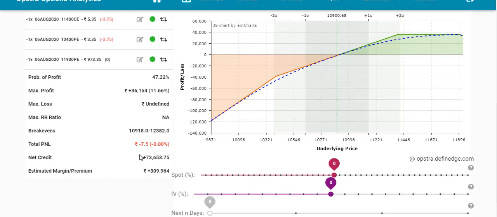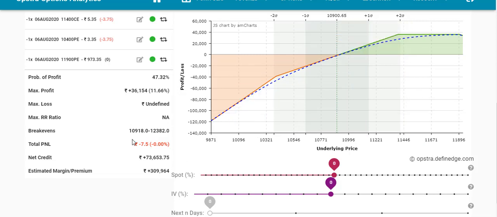So guys, now you can see the break even to the upside has increased up to 12,300, because the premium is too high and our market is running at 10,900. But when the market reaches 11,400, the premium will decrease and your payoff diagram will look good, not like this. I will make sure that your break even to the upside will be increased enough. This is the upside adjustment.